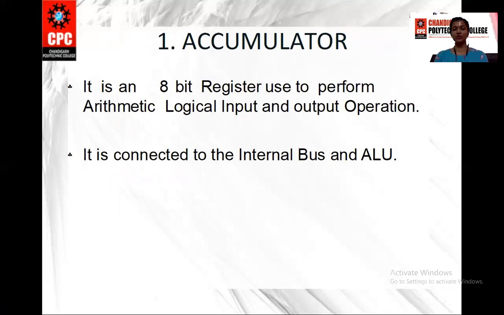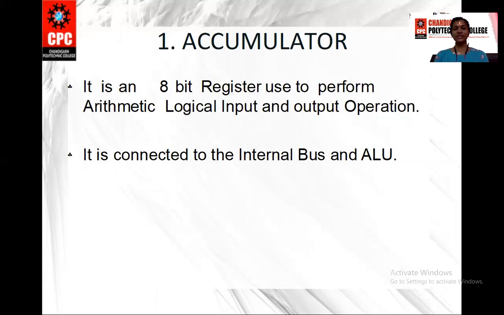There is an ALU in 8085, which is the arithmetic and logical unit, which processes the data, performs the operations on the data, and stores the result into the accumulator. The accumulator is used to store the result, and it is of 8 bits. It is directly connected to the bus and the ALU. You can say the accumulator is a part of the arithmetic and logical unit. It is a register of 8 bits. Why 8 bits? Because it stores the data, the result that we get from the arithmetic and logical unit.